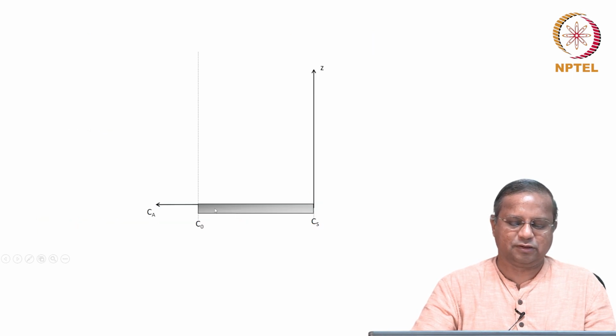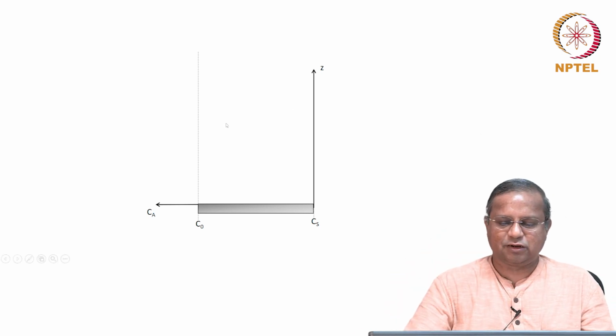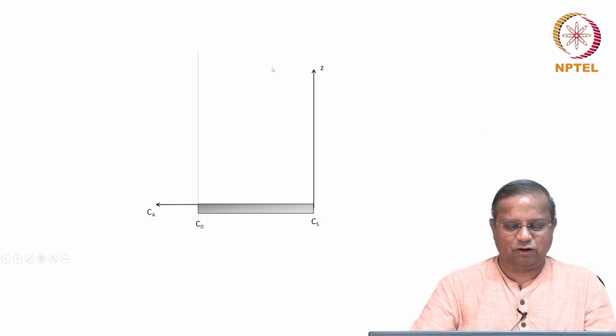If you represent it as this is the surface that needs to be treated, this shaded rectangle that is shown here. This is the z axis, which is the distance from the surface. We said that it is placed at the bottom of the vessel, and the liquid here contains the SMA, and the SMA moves from here to the surface to treat the surface. I have converted this to a concentration axis, Ca. Ca is the concentration of the SMA in this space, in the solution space. Okay, that is what we are looking at.